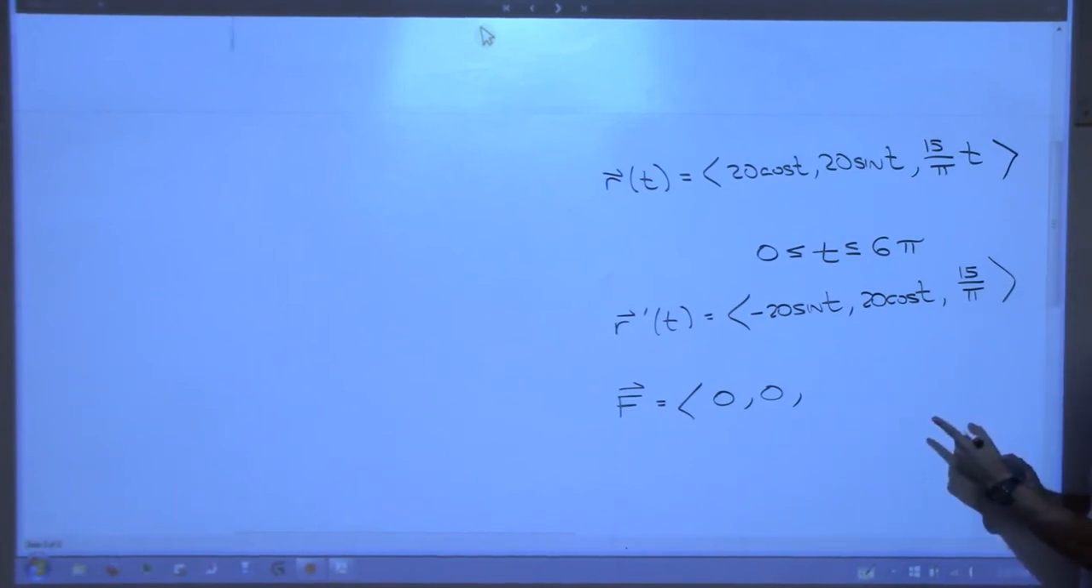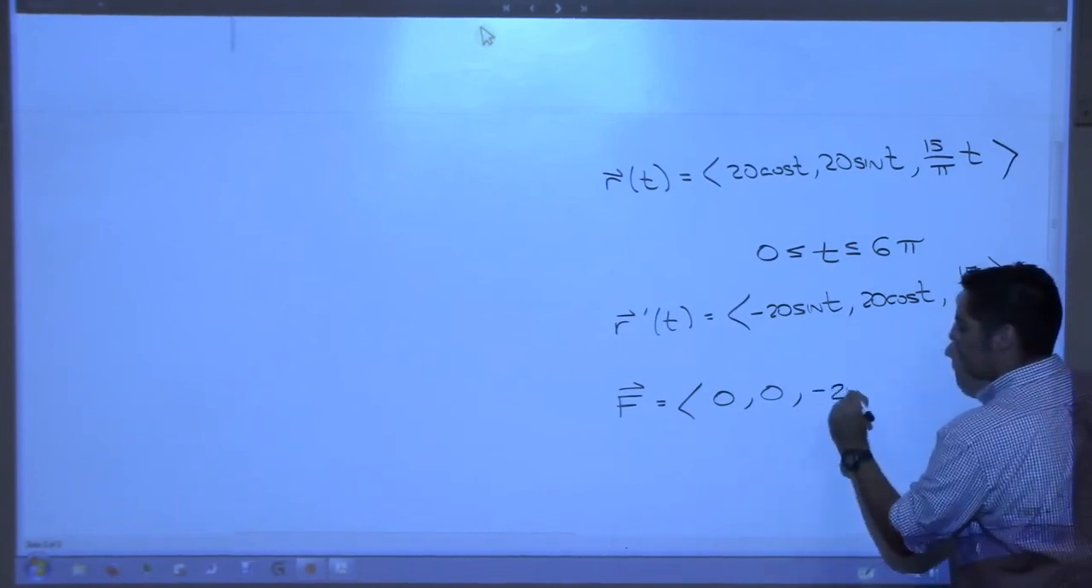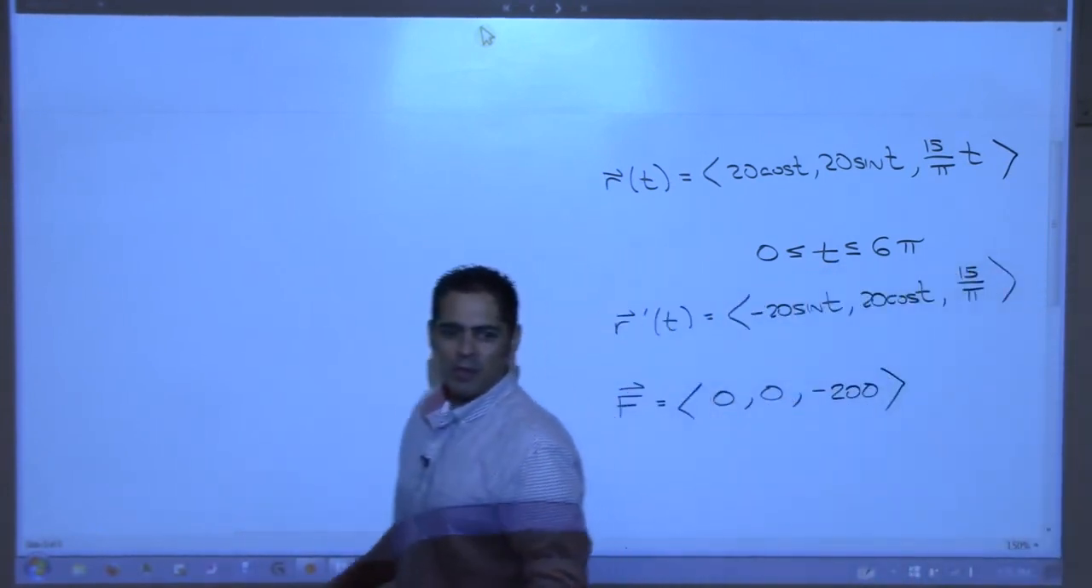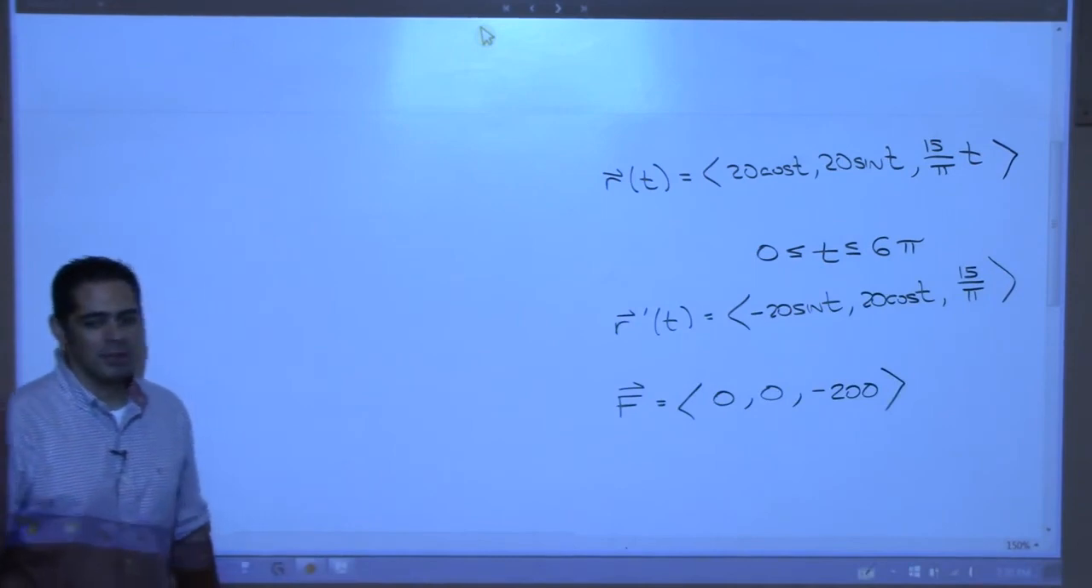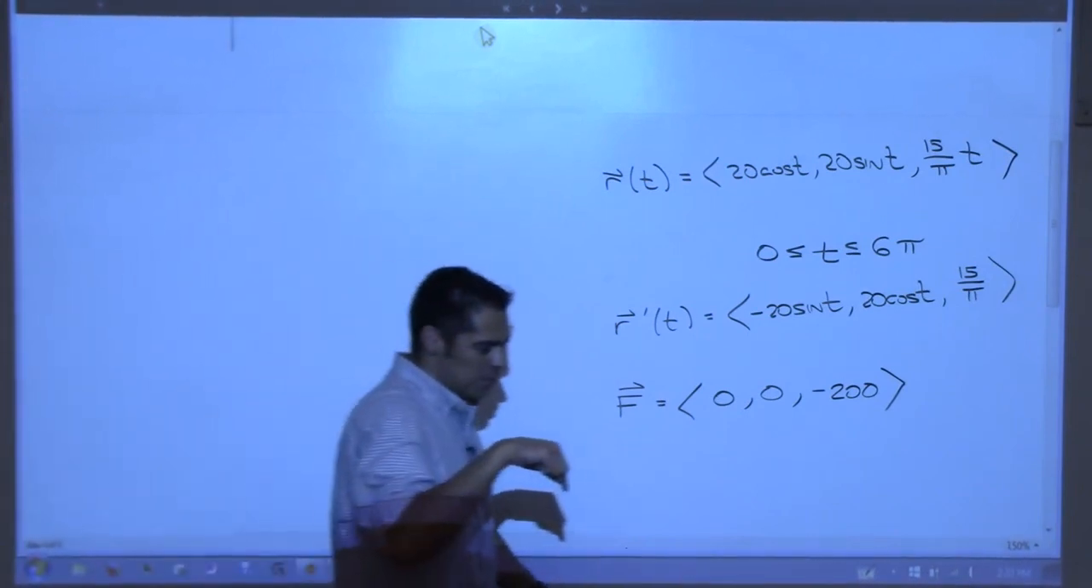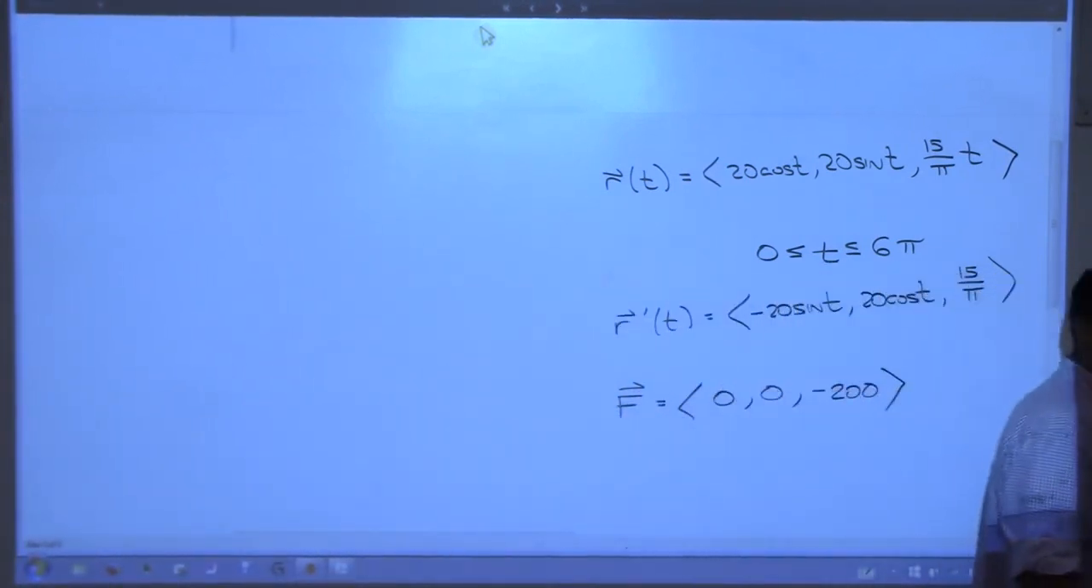Negative. Okay, so negative 200 or positive 200? What do we want? Does it matter? It depends on what you're saying here. Do you want to know the work done by gravity, or do you want to know the work done by the man? You see what I'm saying? The force downward is gravity. He has to overcome that force going up, right? So he does work, which you could consider like positive work,